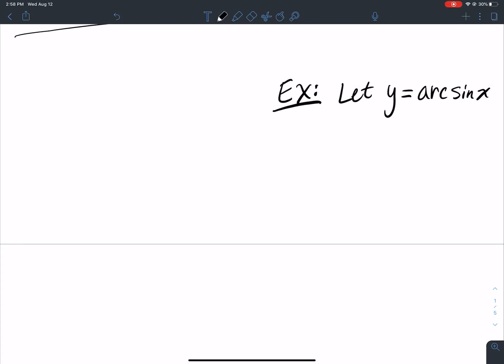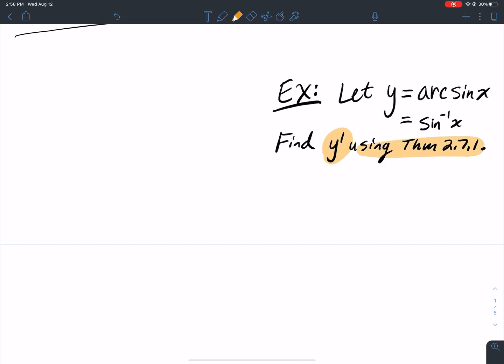All right, so we've got an example, y equals the arc sine of x. Another way to say arc sine is the sine inverse of x. Those two things are the same thing, arc sine and sine inverse. Some textbooks use them interchangeably. I wanted you to make sure you understood the notation for that, something you probably should have covered in pre-cal. All right. So what I want to do is find y prime using the theorem